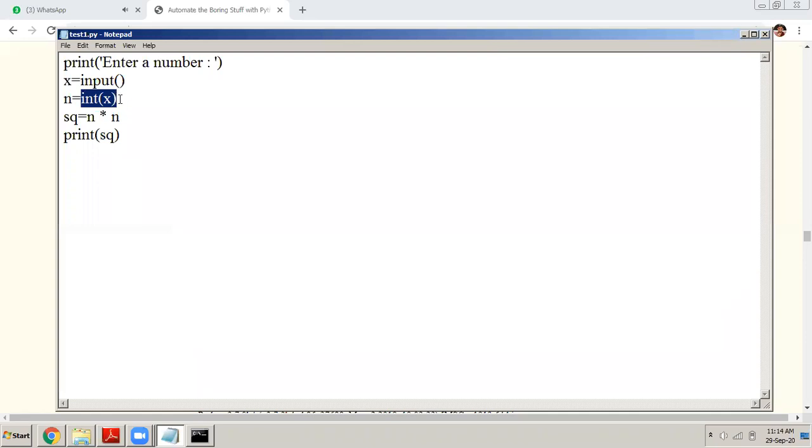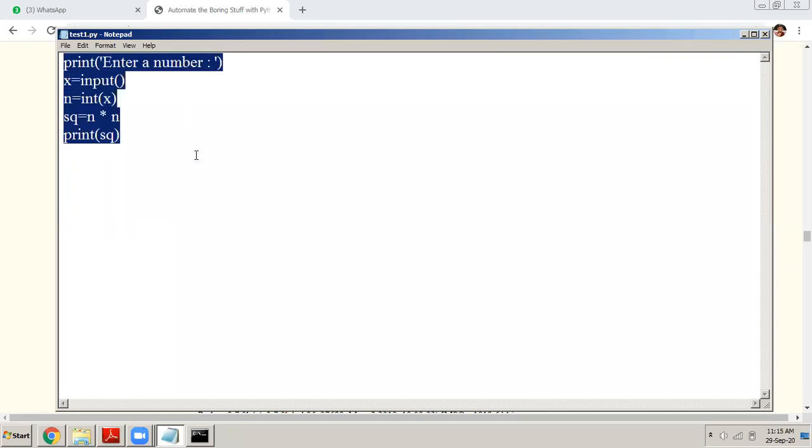Okay, so what we have learned is how to convert a string into an integer using the int function. Like how we have the int function, we have different types of functions. We have the float function. What do you think the float function is used for? The float function is used for converting a string into a floating point number. For example,